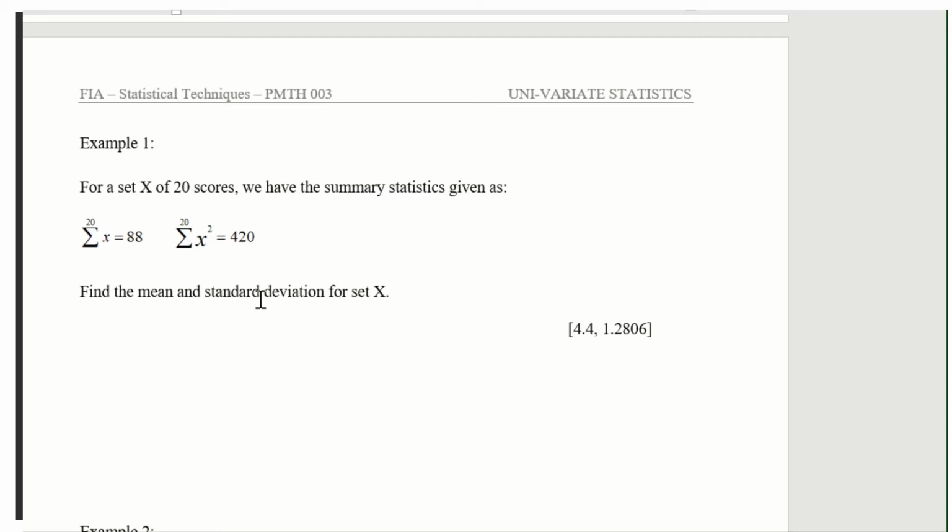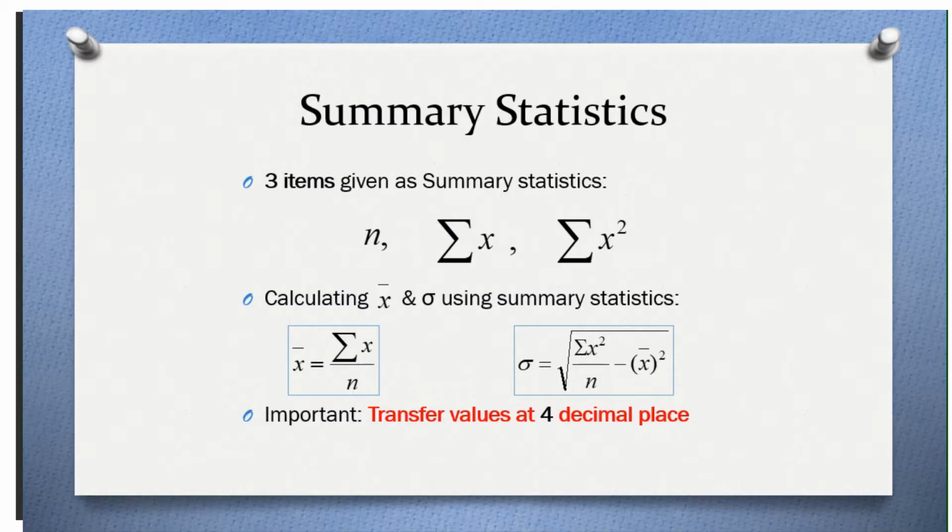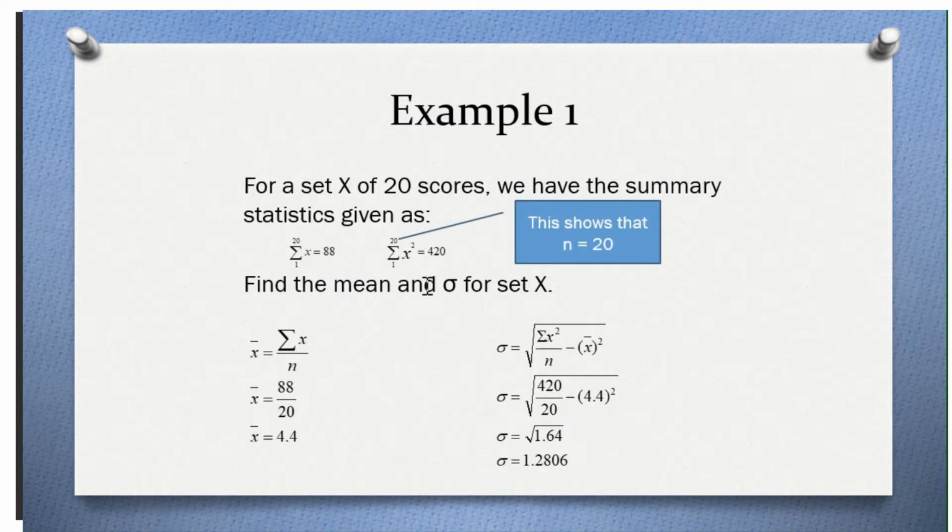Okay, find the mean and standard deviation for set X. So no problem, this one we are well versed. Your formula is given to you already. So just use the formula, put the right values in the right places. You are sorted. 88 divided by 20 is 4.4. Standard deviation, this is sigma x squared, right? Just put it in the right place. 420 divided by n, which is 20, minus my